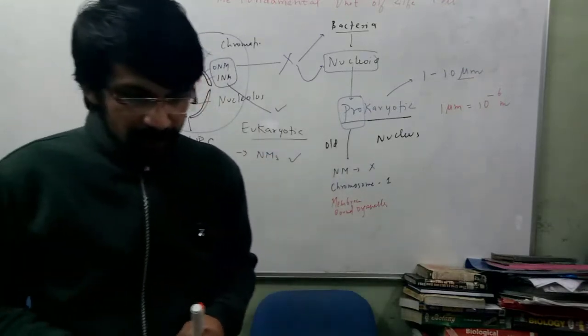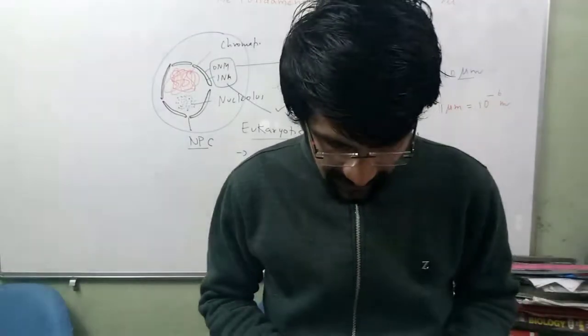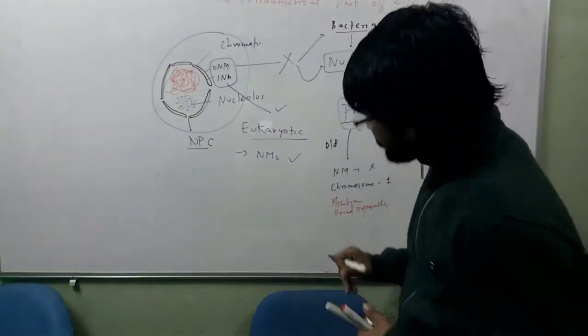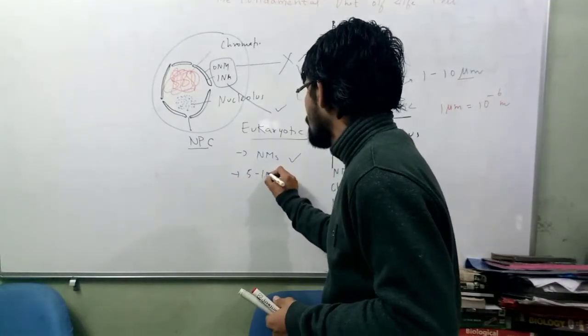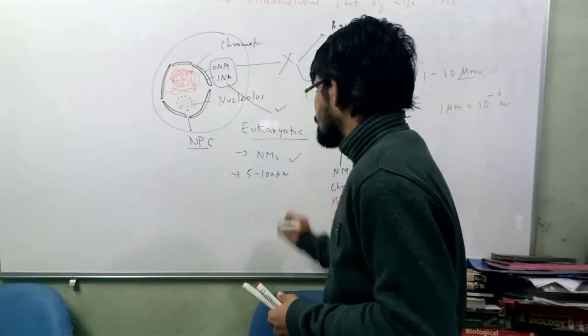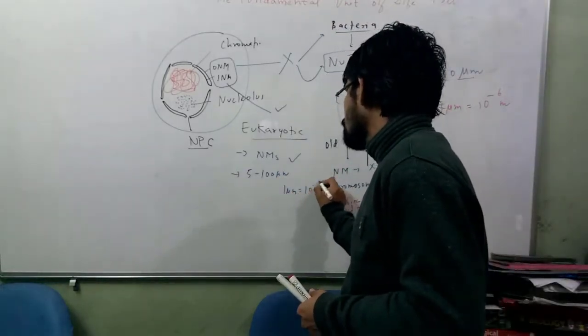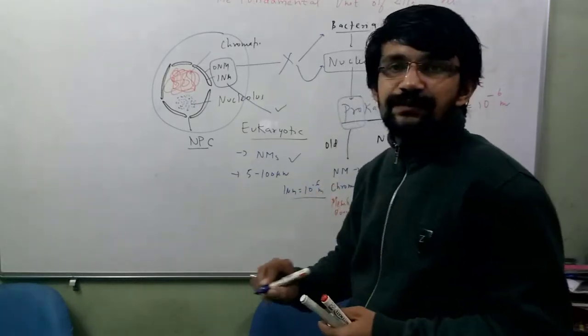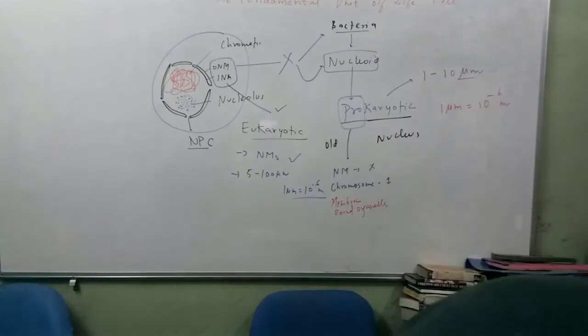The next very important point which we can talk about them is that they basically have a size from 5 to 100 micrometer, and I already told you that 1 micrometer is equal to 10 to the power minus 6 meters, right? So the next very important point in this is that